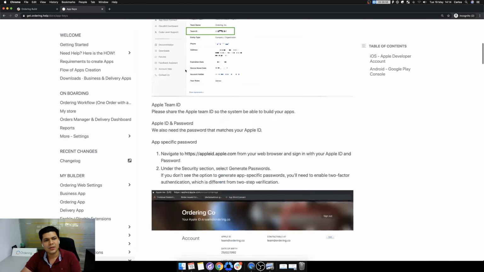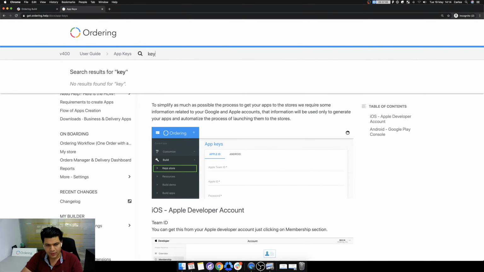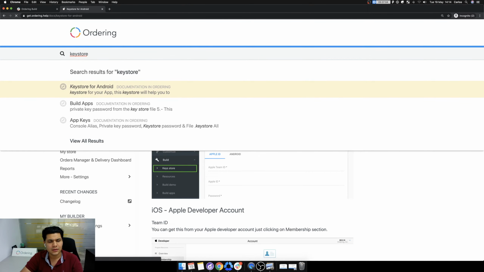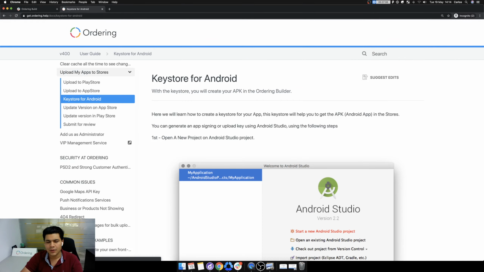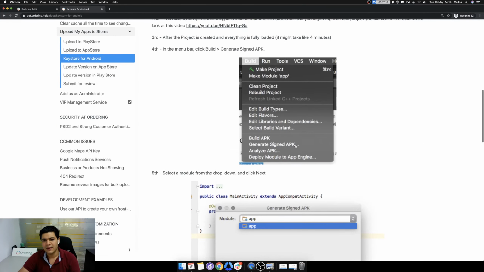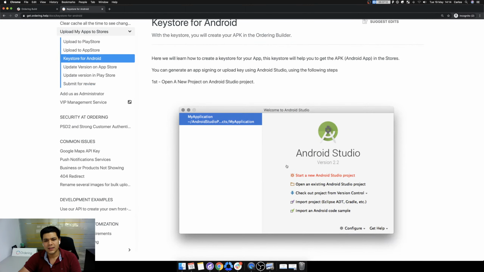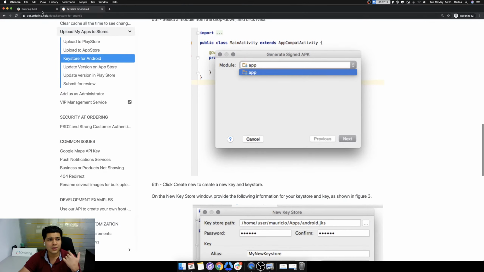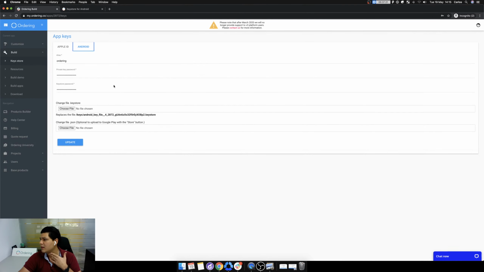To create a keystore, you have to follow this guide. You can do it on macOS or PC, it doesn't matter. You will just have to download Android Studio and follow this full article. Or you can just use the ones that we give you and it'll work perfectly.